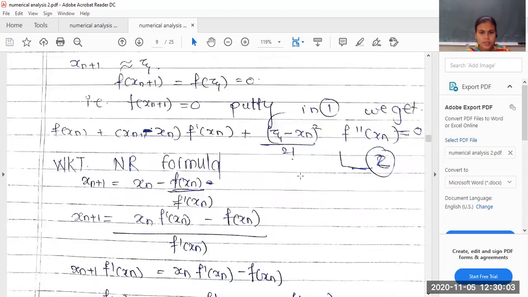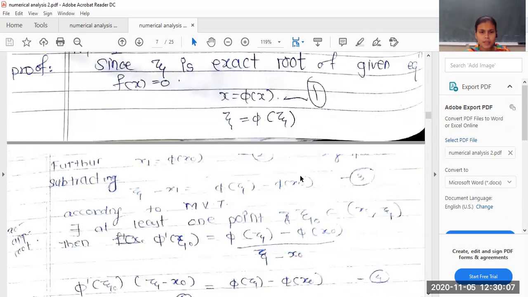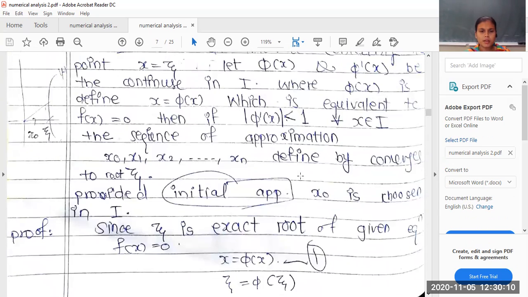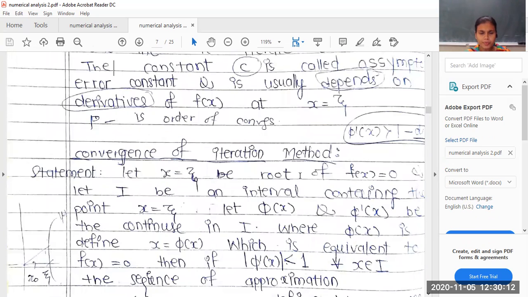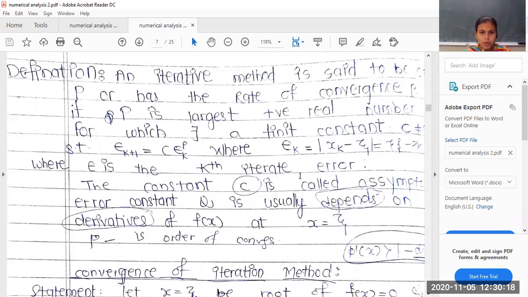In the order of convergence itself, we are going to see for all the methods which method converges how much. Okay, so let us start with this. I hope I should take this in your live lecture. Okay, so let us stop here. We will see in the live lecture what convergence is. Okay, thank you.